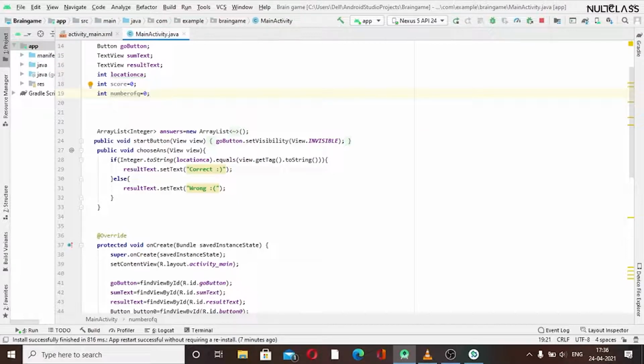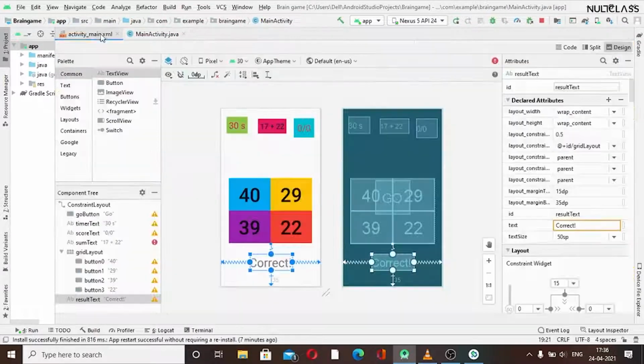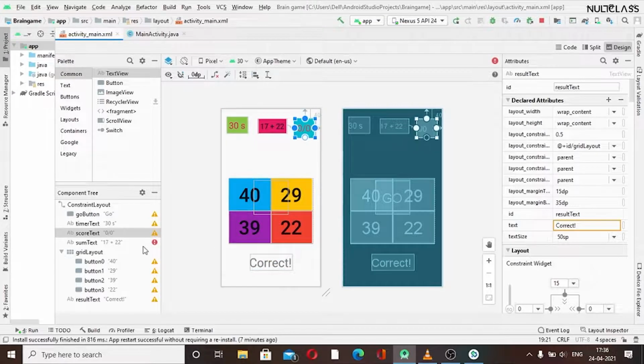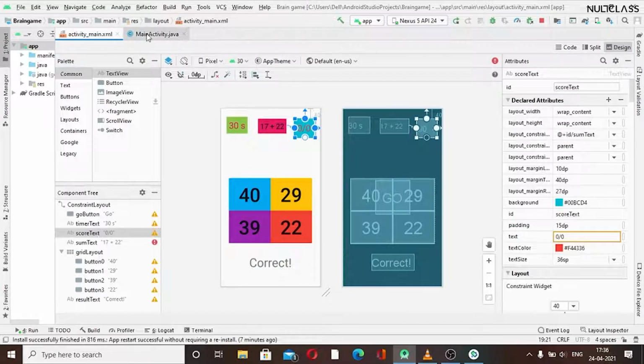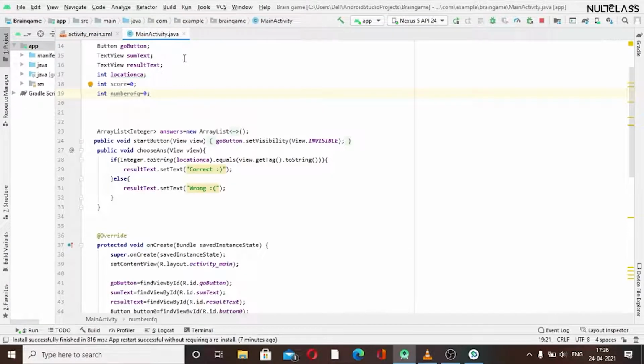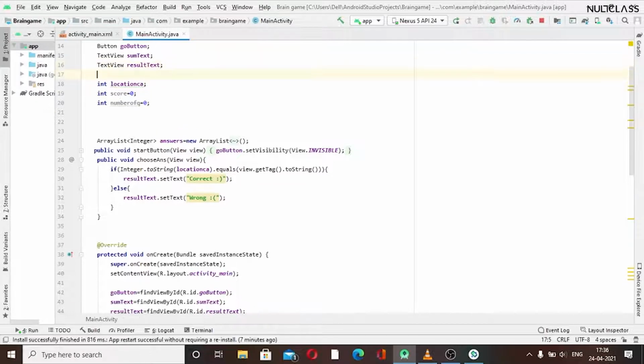Also we need to initialize this score text, like we have given the name score text, so we have to initialize that also like we did for other text views. So I will just write it here, and also we have to do that here.